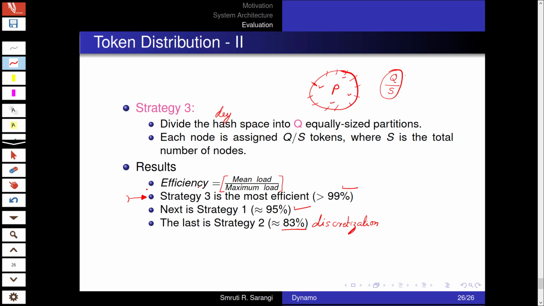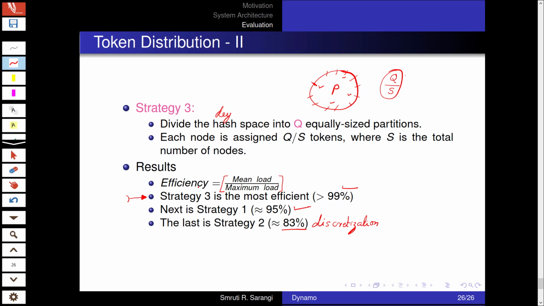Of course, strategy 3 is also rather expensive when it comes to node addition and deletion, because when we add a node, we have to steal tokens from other nodes and give them to the new one. And while deleting, we have to follow the reverse process of taking out tokens and distributing them to other nodes. So this is of course expensive.